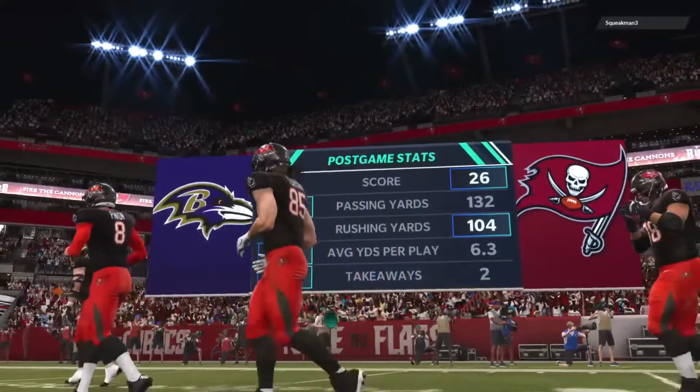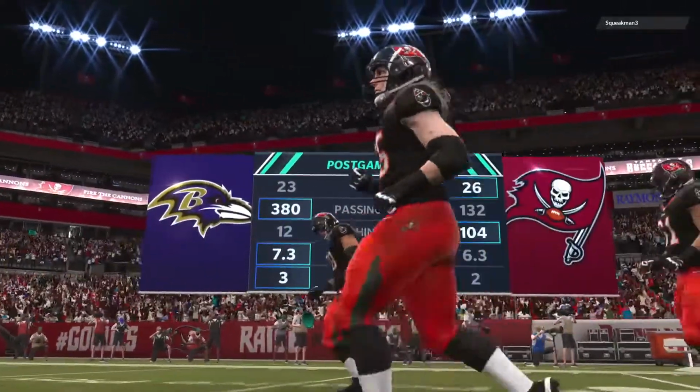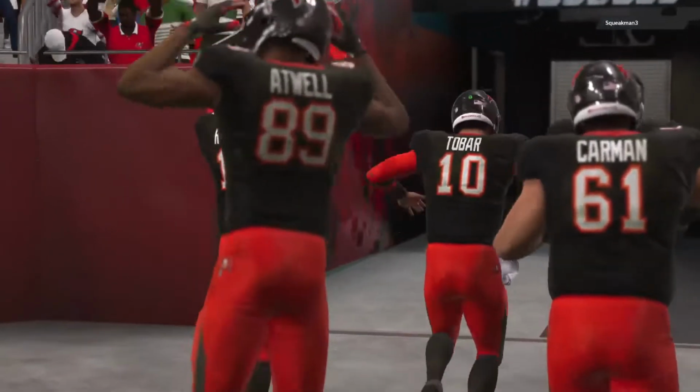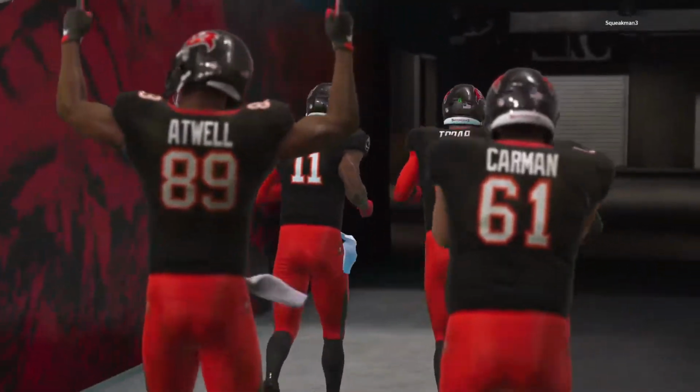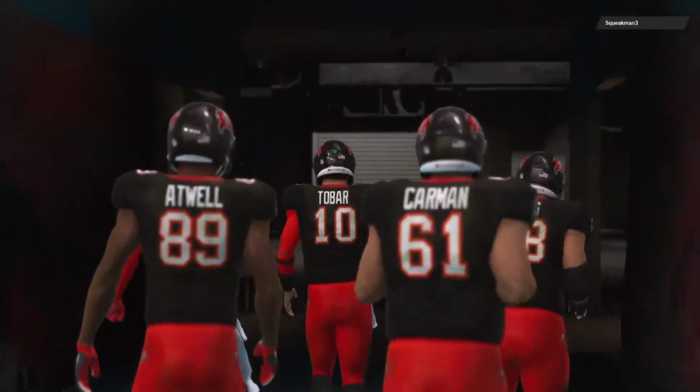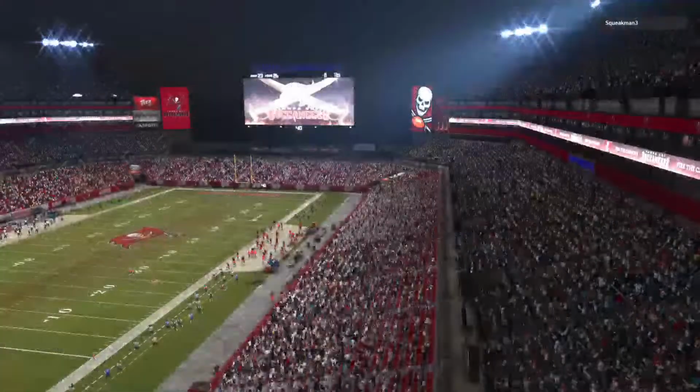So for the Bucs, they continue to put themselves in position for a first-round bye as they move to 8-2. And they'll get another home date next week as the Eagles will come to town. Meanwhile, for the Ravens,